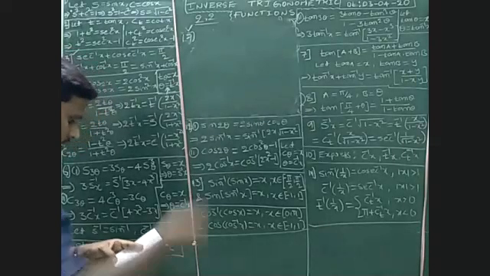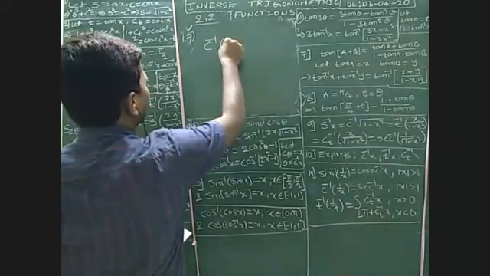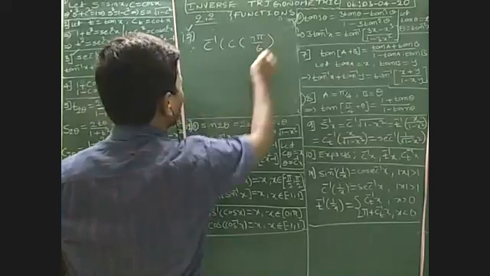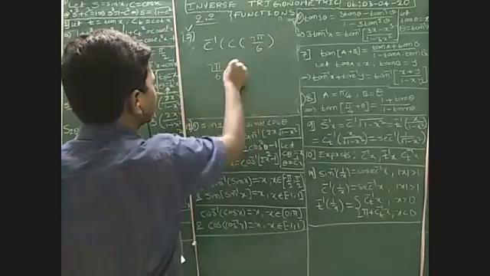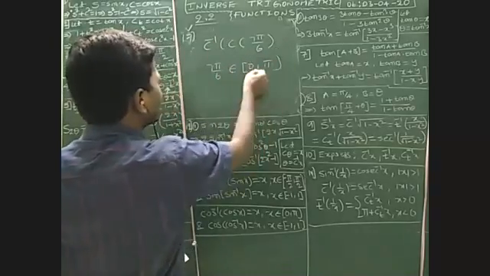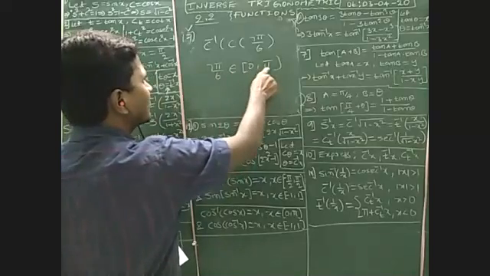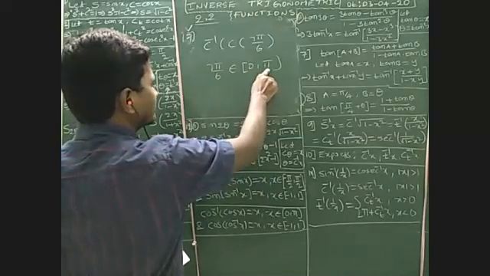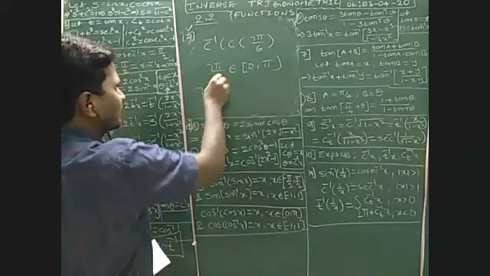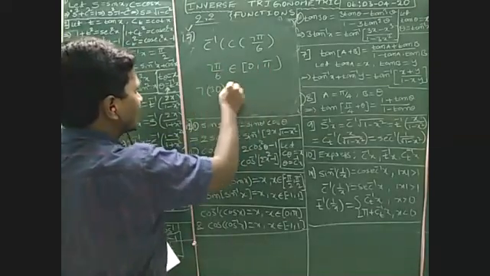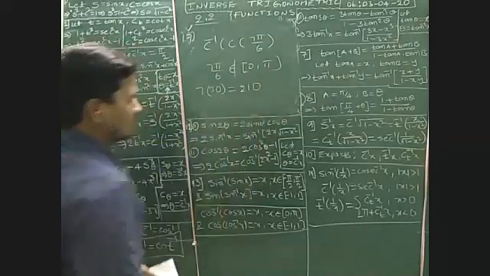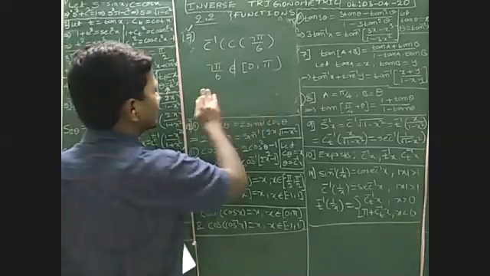Cos inverse of cos 7 pi by 6. Does 7 pi by 6 belong to the principal value branch of cos inverse, 0 to pi? Is it more than 180? Maximum value is 180, but 7 into pi by 6: pi by 6 is 30, 7 into 30 is 210. So it is more than 180, so this does not belong. Now how to do this? Again, same process.